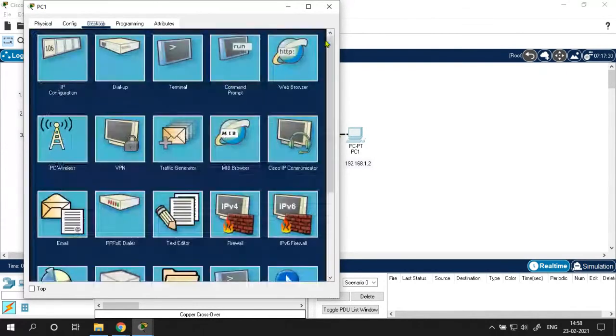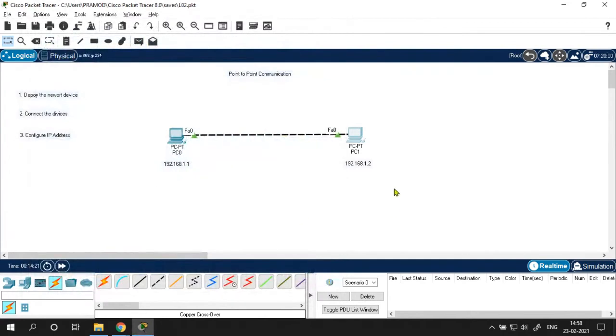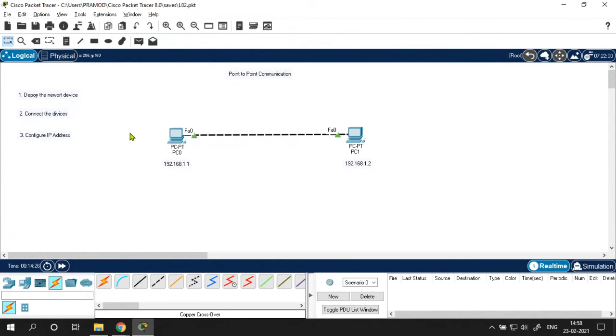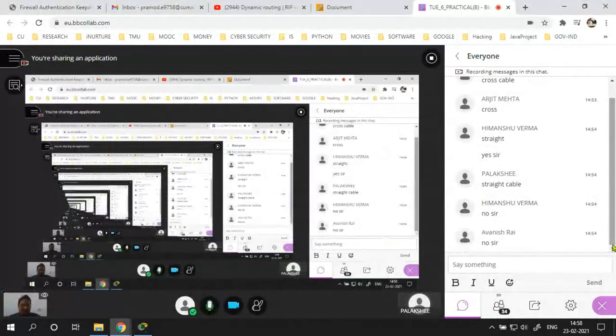All right, done. Now I want to check whether PC1 is reachable, whether the connection is set up or not. So for that I have the ping command. Can you tell me what is the purpose of this ping command?